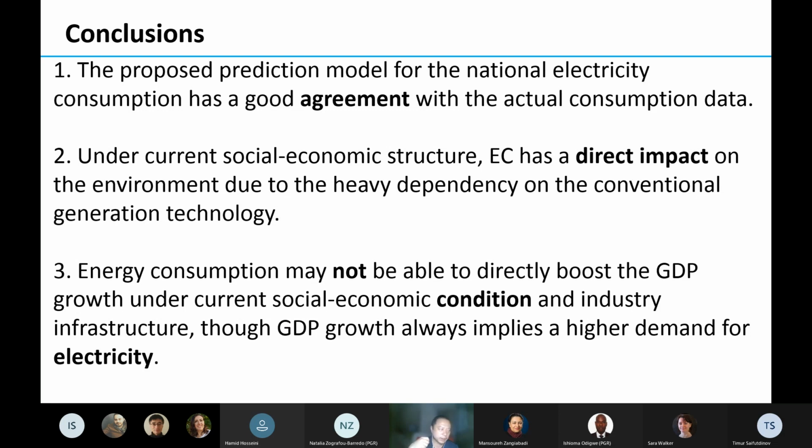We're going to build a more complex model with more parameters in it. We will try to involve GDP growth data in the next version of the electricity consumption model, which can provide suggestions to decision makers on how to plan their energy policies.